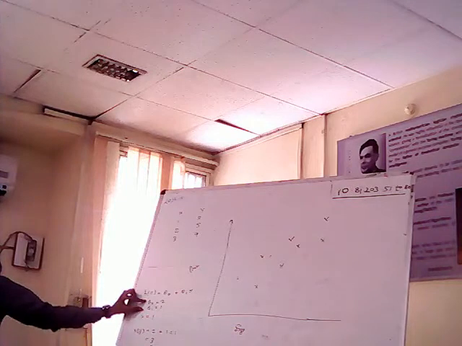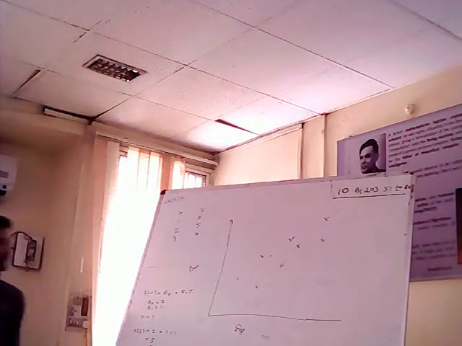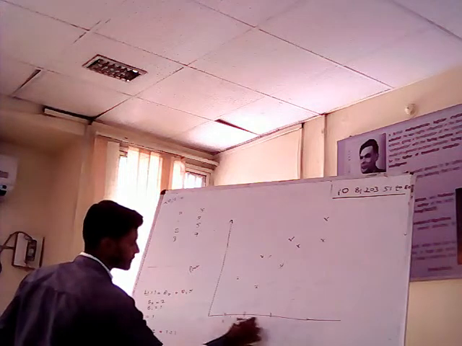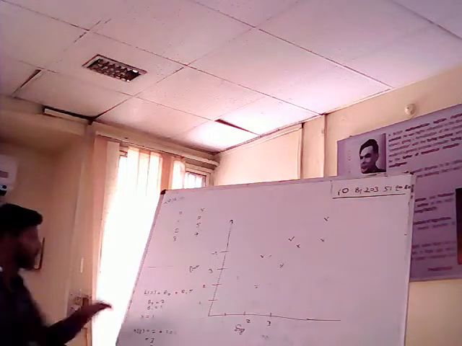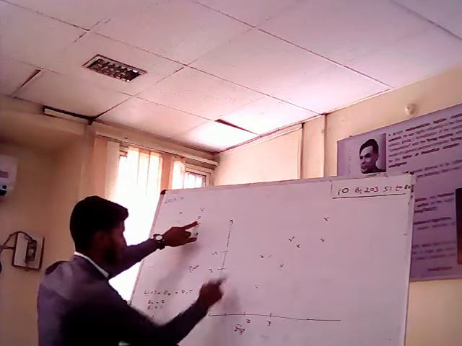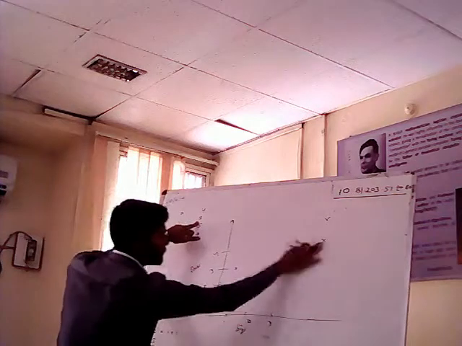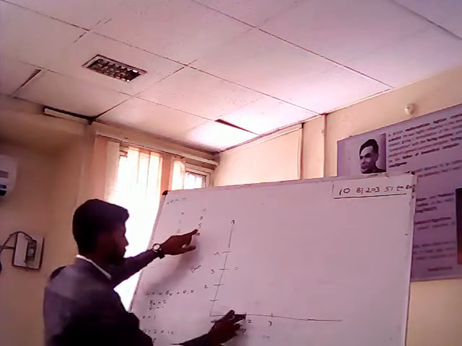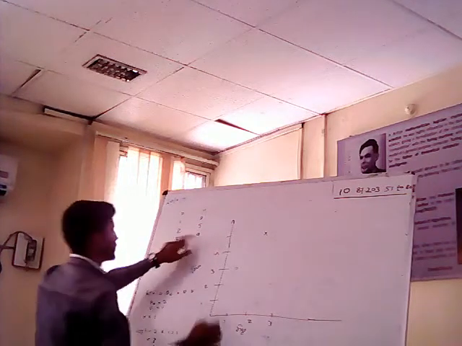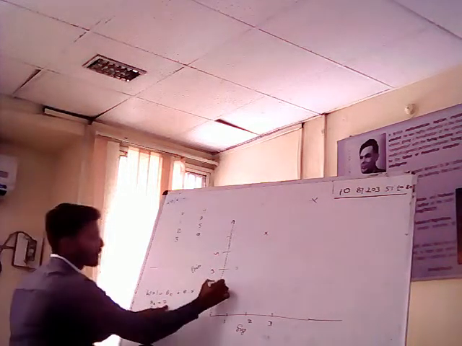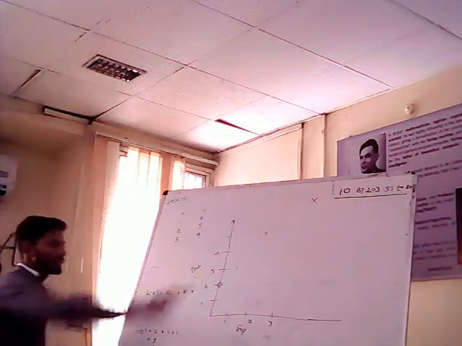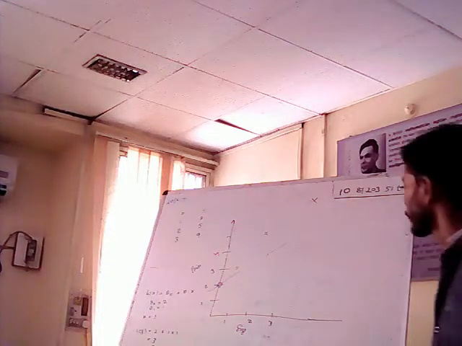So if we have 1, 2, 3, the given data set was 1, 3, that means 1, 3, and 2, 5, and 3, 9, somewhere there. According to this hypothesis, the line is going to start from, what is the intercept? 2. The line will start from these points, and accordingly it will proceed. How it is going to proceed, we will see in the next slide.